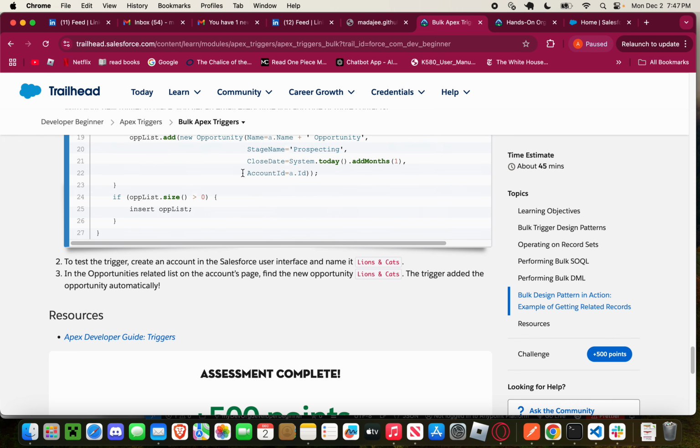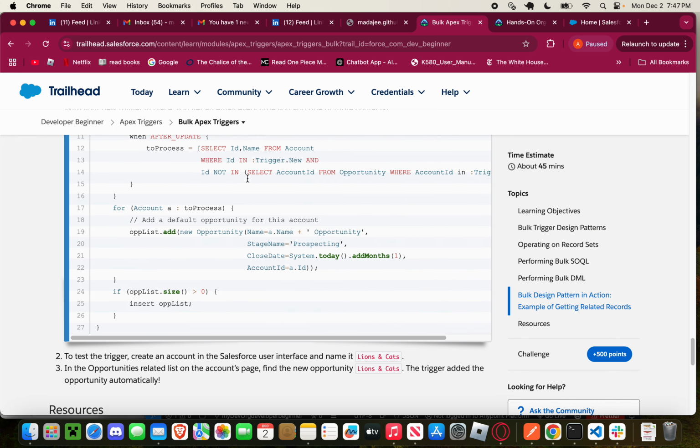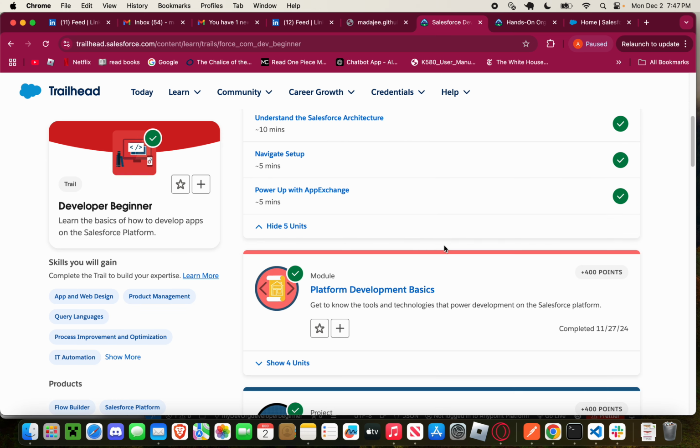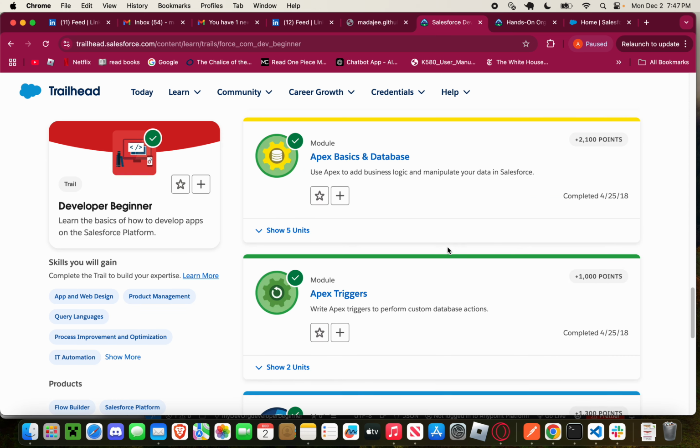So that's how we can use triggers to perform operations after the DML, after the database records are getting created, deleted, or updated. So that's for Apex, and once we get into the